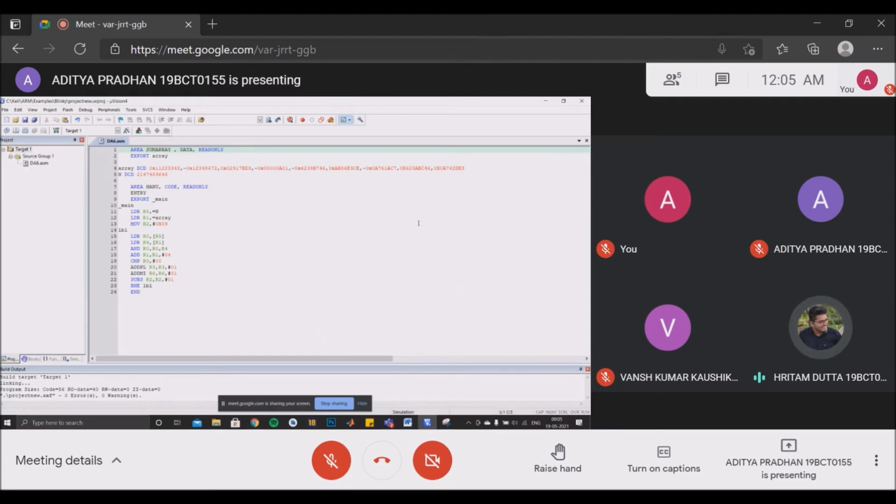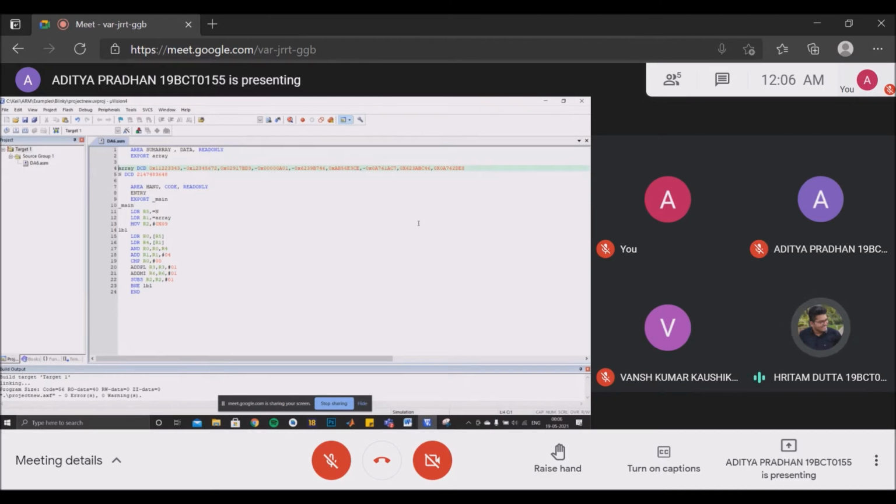Here we'll be following this procedure where we can access data from the memory, and this data will be then processed by the ARM processor. Unlike the previous assignments where we have given an immediate operand value, there are two paths here. One is the data path and the other is the code path. Lines 4, 5 and 7 are the data path where we have given the data, and starting from the main section, the section below it is the logic of the program, the code path.